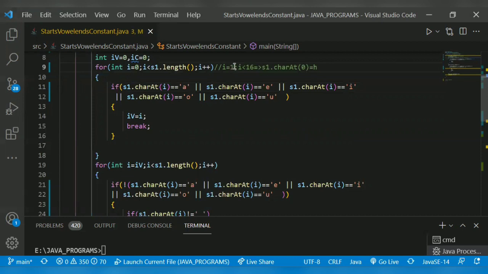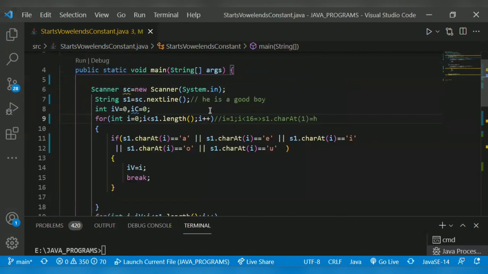After that, s1.charAt(1), which is E. It checks whether the character is a vowel: s1.charAt(i) equals E. So it satisfies the condition and comes inside. It assigns iv equal to its index.